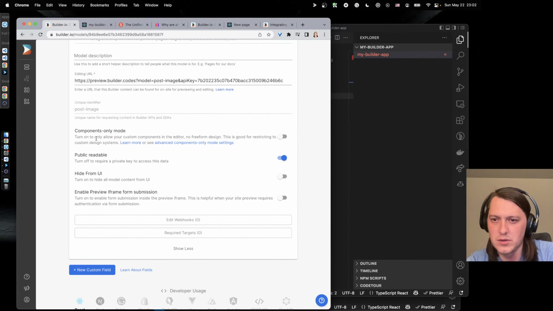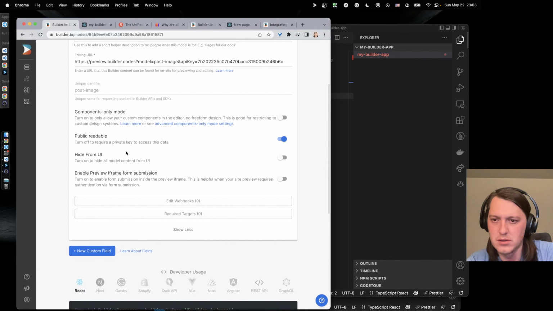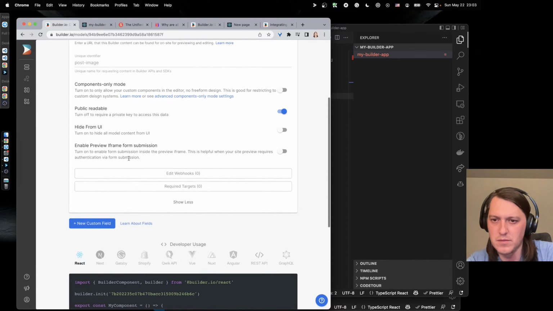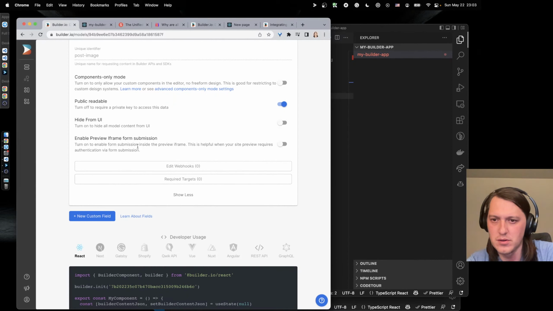Components only mode, turn on. Probably not. Hide from UI. Enable preview of frames. Turn on form submissions. Okay.